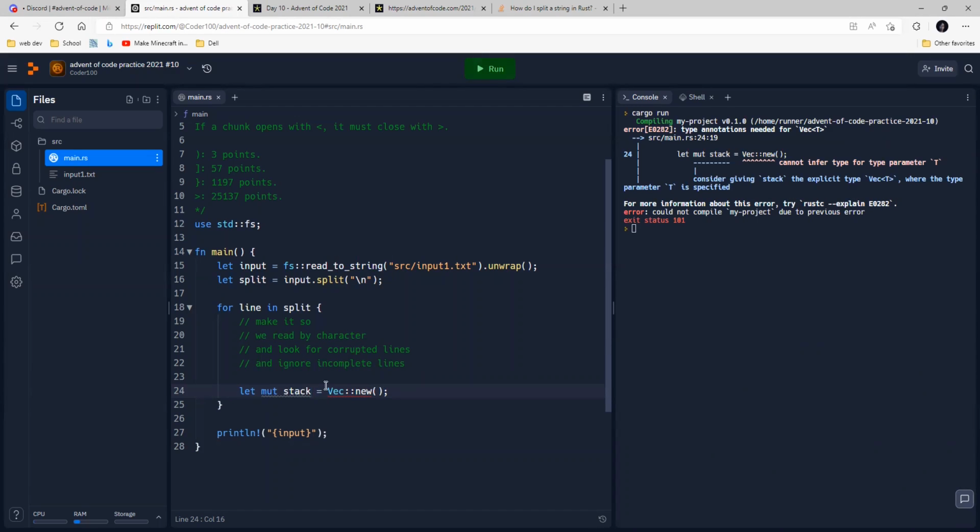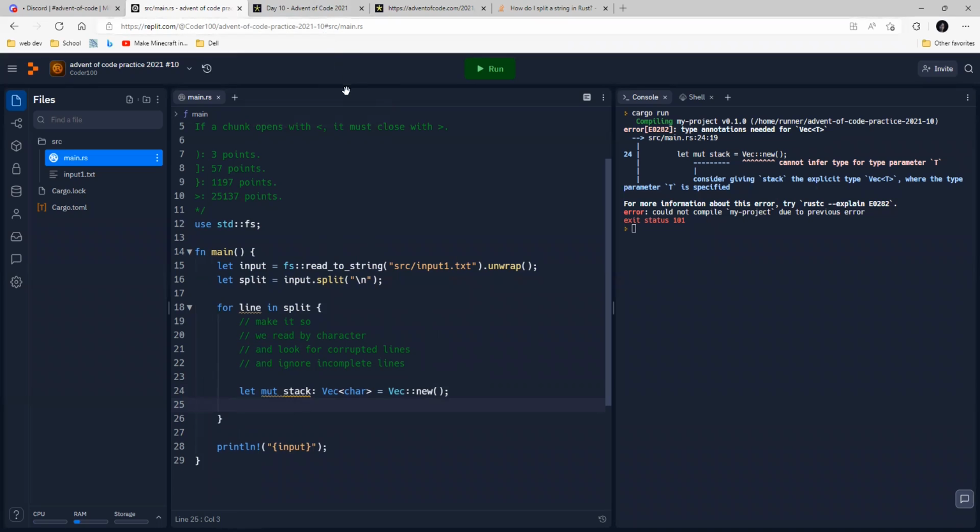Consider giving it... sure. I think this needs to be a character since we're looking at each character. So I think that's the type,